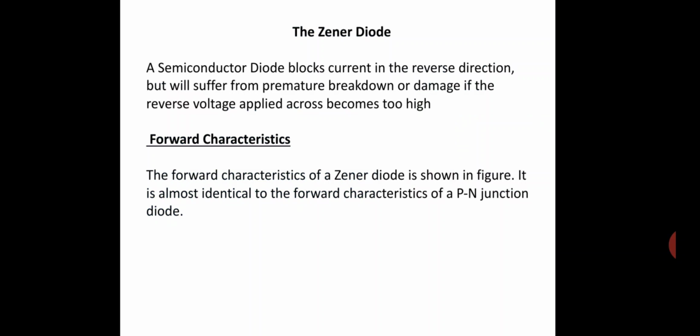It is designed to conduct in the reverse direction when a certain specified voltage is reached. The Zener diode has a well-defined reverse breakdown voltage at which it starts conducting current, and continues operating continuously in the reverse bias mode without getting damaged. Additionally, the voltage drop across the diode remains constant over a wide range of voltage, a feature that makes the Zener diode suitable for use in voltage regulation.